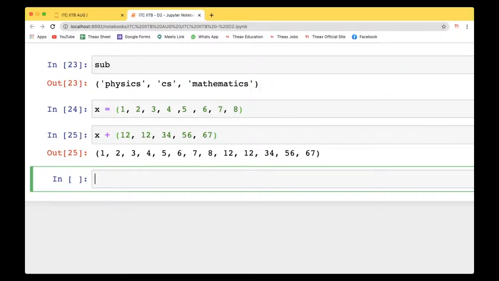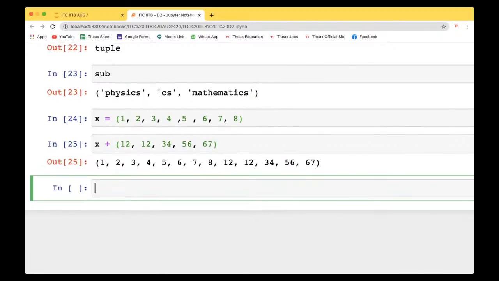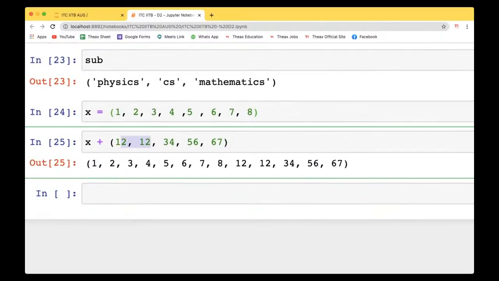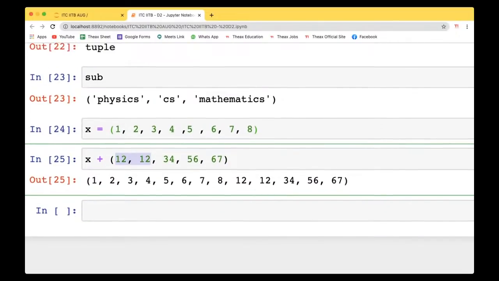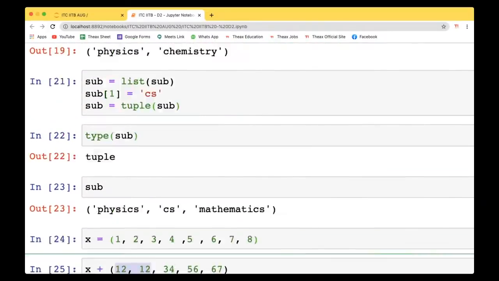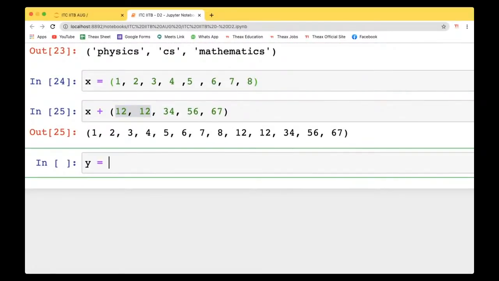A set is an unordered collection of items where every element is unique. When I say every element is unique, I mean no duplications or repetitions of any element are allowed in sets. If you see this tuple, this 12 has been repeated two times. Even in a list you can repeat things, right? If you say this y, and this is like 1, 2, 3, 4, 5, 6, 6, 7, 8, 9. So if you write these things like this,